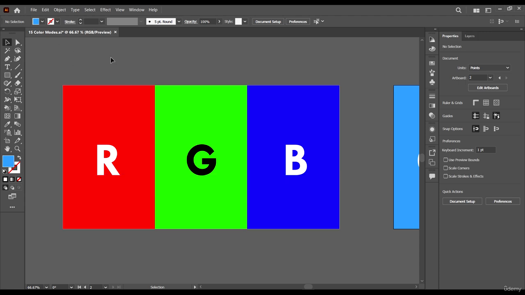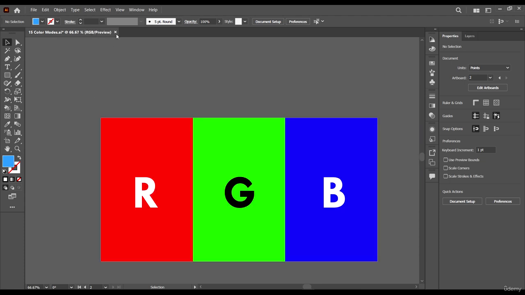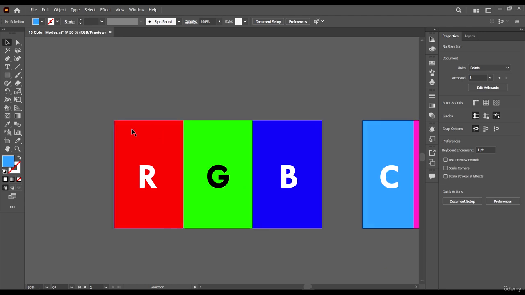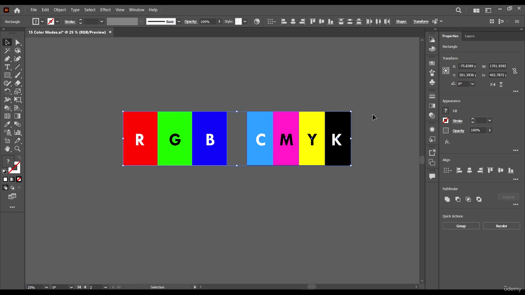As you can see, this project is an RGB project. How do I know? When you look at this place, you see RGB, so it means this is an RGB project. And as you can see, the colors are quite vibrant. If I turn into a CMYK project right now, you're going to see that the colors get washed out. Okay, and we're going to do that in a minute, but I just want to show you